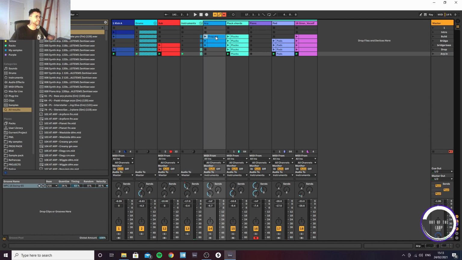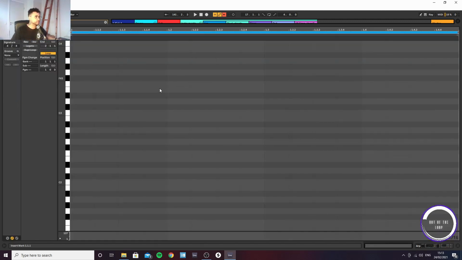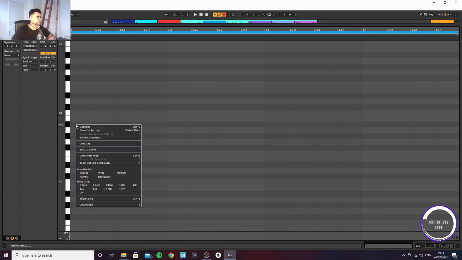Alright, so we want to put an arpeggiator into it now to make it sound a little bit more interesting, a bit more progressive housey, I guess. So let's build one from scratch. So we're going to Control Shift M. We bring up the MIDI, and so a basic arp would be, I'll start from